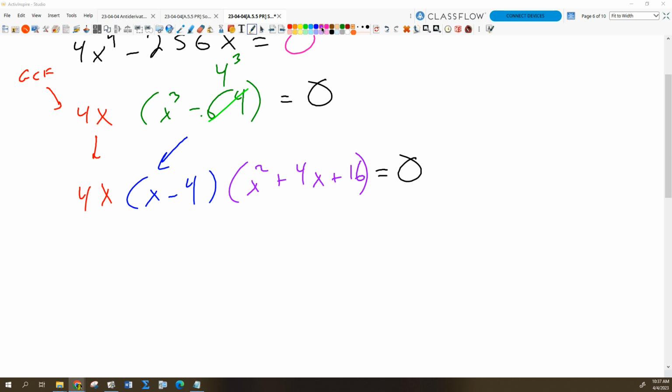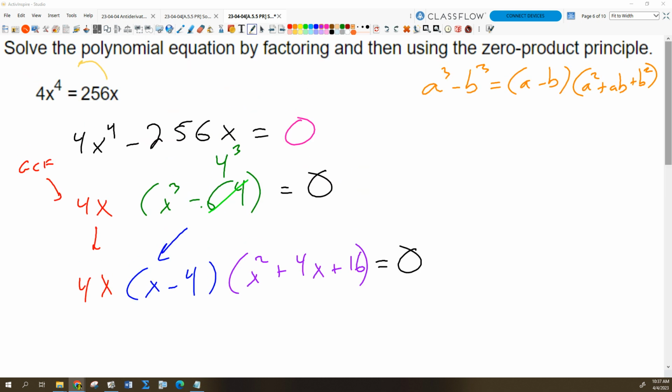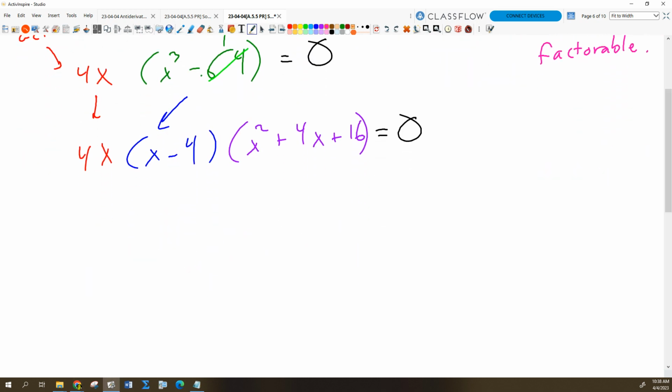Okay, now one quick question on this. Can I factor that purple one more? No, I can't. Whenever I do the sum or difference of cubes, remember that the quadratic factor that we get is an irreducible quadratic. It's never factorable. Okay? So we can't go any further, but we don't really need to because look, I've got 3 factors